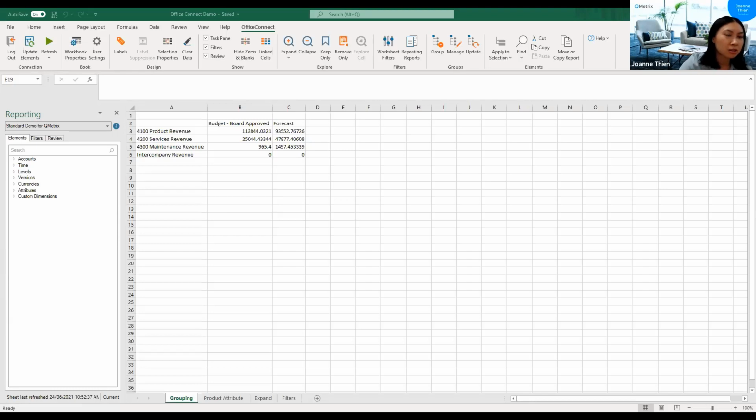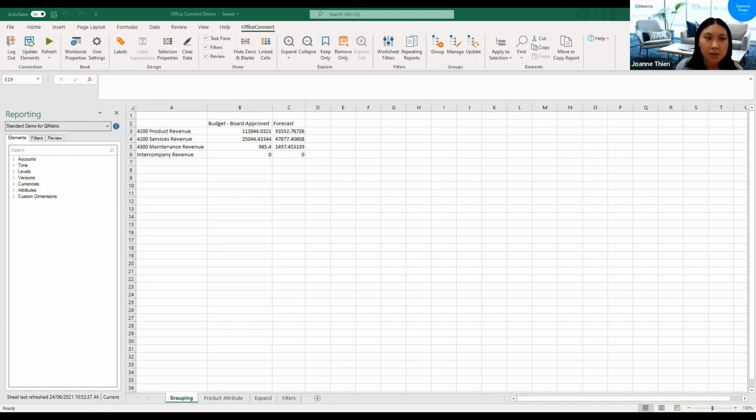So I'll be running you through grouping and ungrouping of accounts and other elements as well, expanding and collapsing elements, filtering on a worksheet or workbook, and also just the difference between workbook properties and user settings as well.